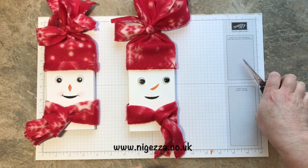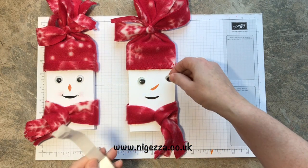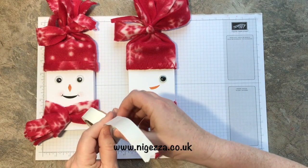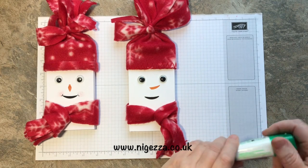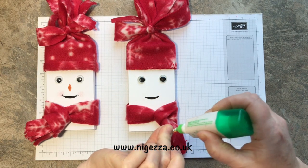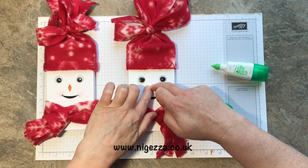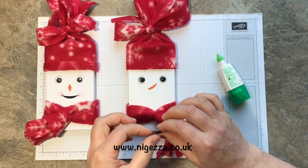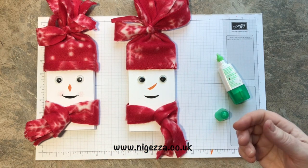Okay, so glue dots for the eyes. There we are, bit of Tombow for our little carrot nose. And you can see which one you like best. And then to finish him off, I got a basic black marker,